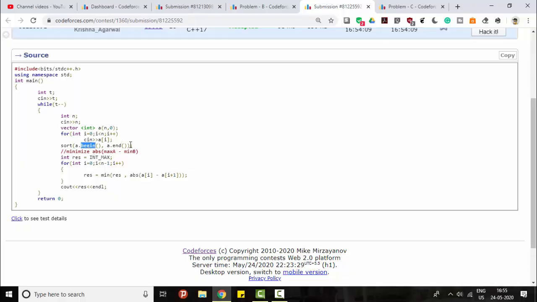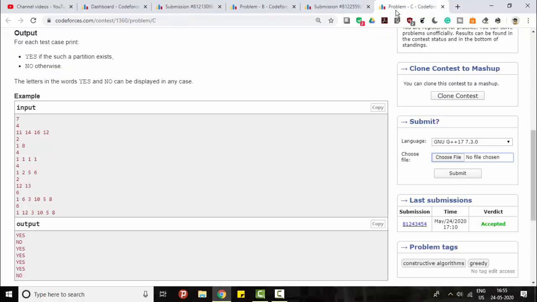We'll first sort the array, and we want to minimize the absolute difference between a and b. So we will sort the array and find two elements which are closest. That's the only thing we have done here. Minimizing the pairwise difference can be done by absolute of ai minus ai plus 1. So that's the second problem done.